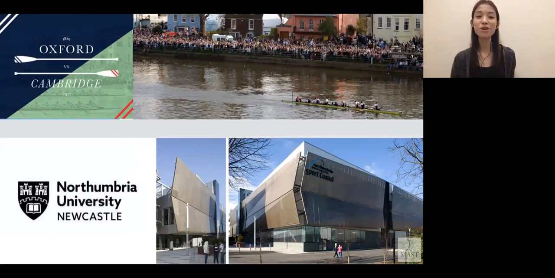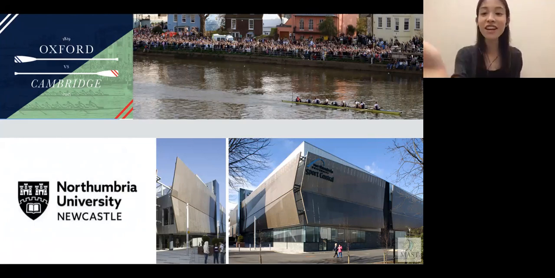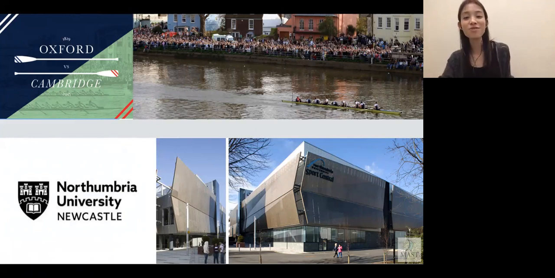I always give this example. It's pretty amusing to me, since I didn't grow up in Oxford or Cambridge, but rowing is a huge thing there. People are super into rowing. Since 1829, there has been an annual rowing competition between the rowing teams of the universities of Oxford and Cambridge. As you can see in the photo I put here, look at the amount of people standing on the riverbanks just watching people row. So let's say you're super into rowing. That would be a huge incentive to apply to Oxford and Cambridge.